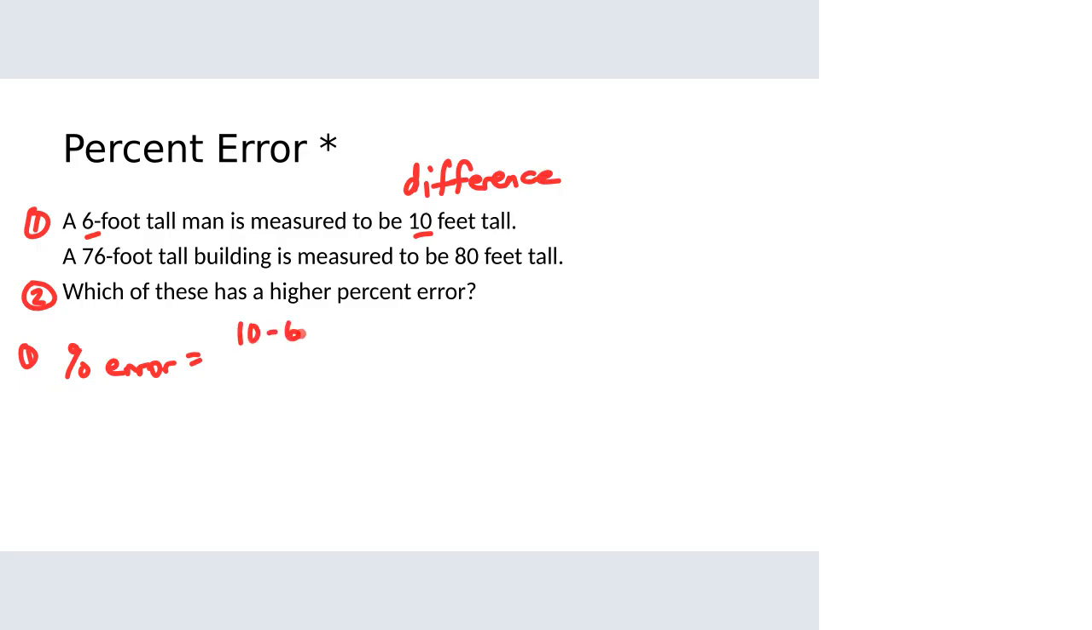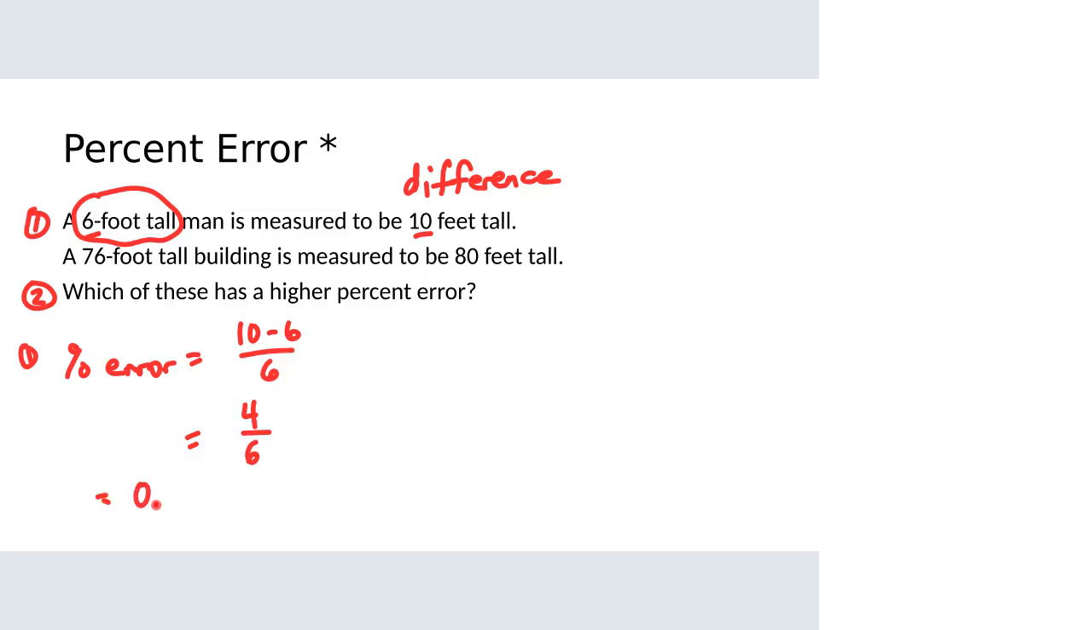Subtract between the actual measurement and the measurement that we received. So if we do 10 minus 6, and here's the only place you might make a mistake in a percent error calculation: the number that goes on the bottom is the actual amount. So if he's 6 feet tall, that's the number that goes in the bottom. The amount of error is 4, the actual height is 6 feet, so we'll divide 4 divided by 6, and get